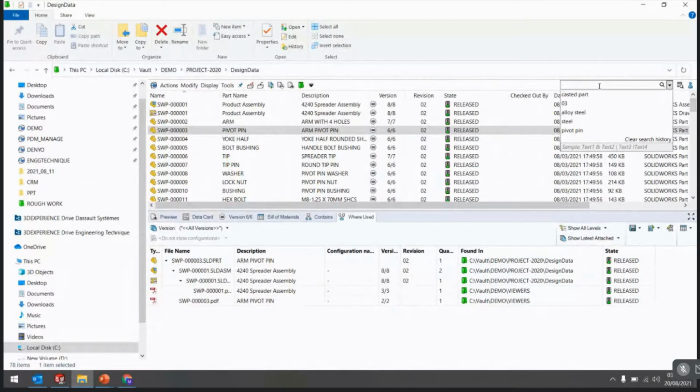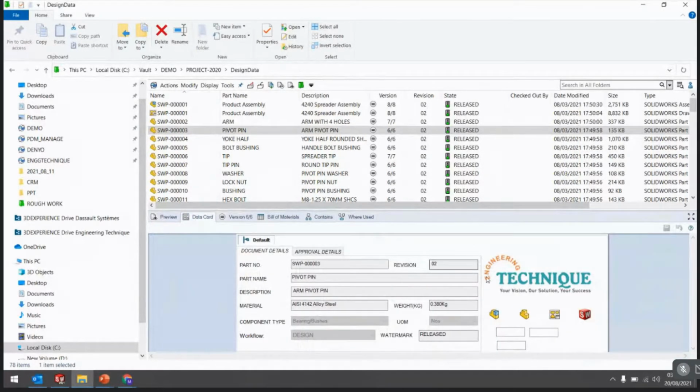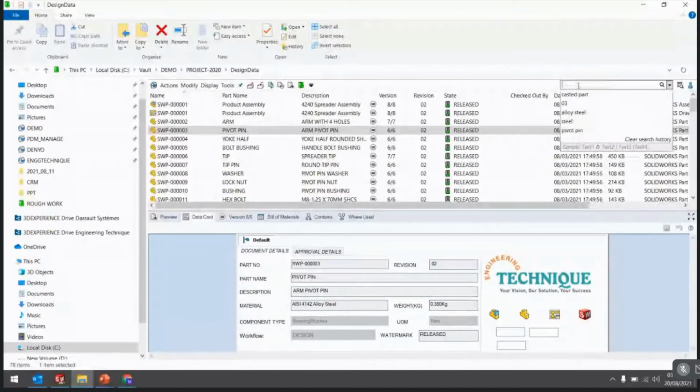So if you want to search any file by any content that you put in the data card, it doesn't matter if you don't remember your file name, you can search here with multiple variables. Normally in Windows, if we don't remember the file name, we don't have any other options to search for the file. But PDM provides multiple-variable functionality.